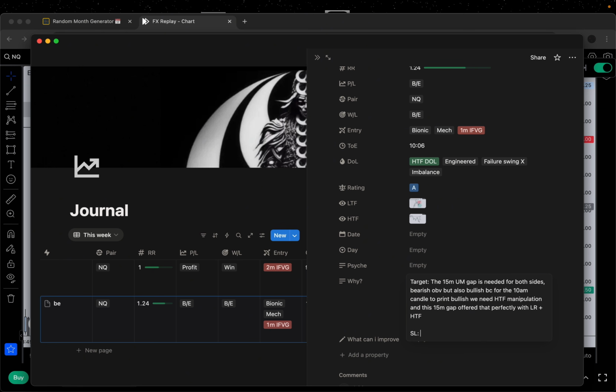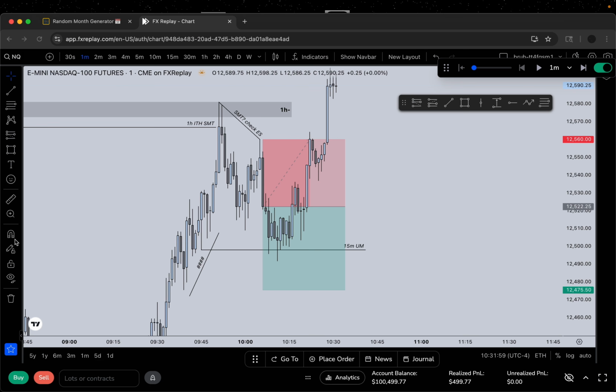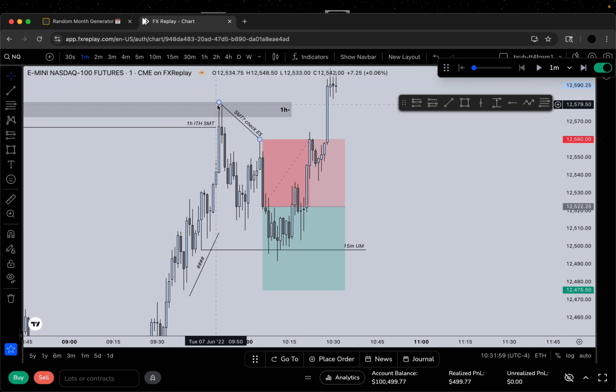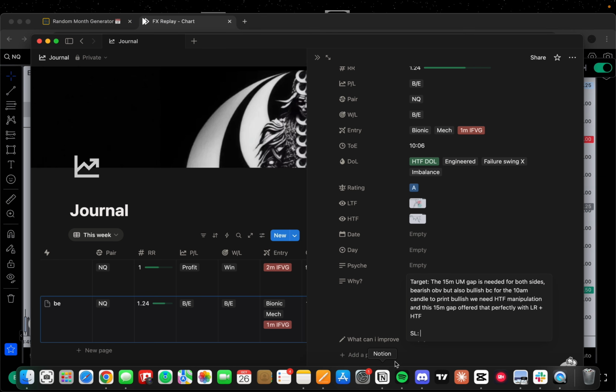My SL, so my stop loss. Okay, my stop loss is a little bit different. We're just going to talk about what I mean for my stop loss. I'm going to include this high right here. It's kind of like my defense. Why do we not go higher? So even my stop loss is right here. I'm counting this. Why do we not go higher and instead we go lower?